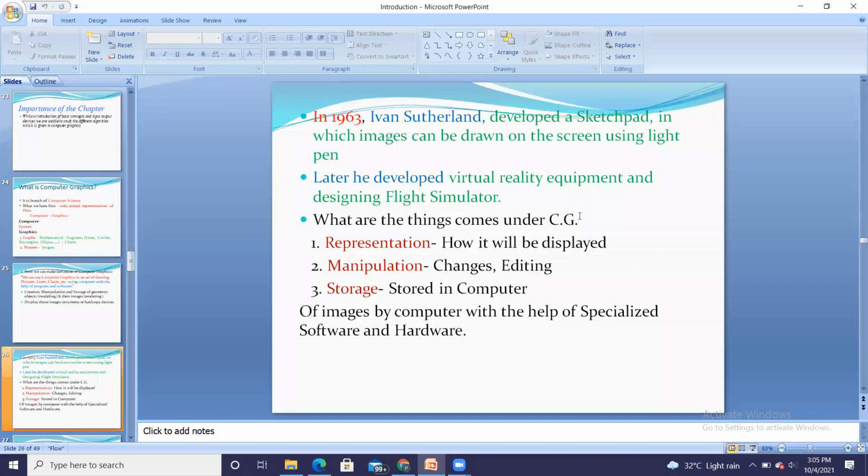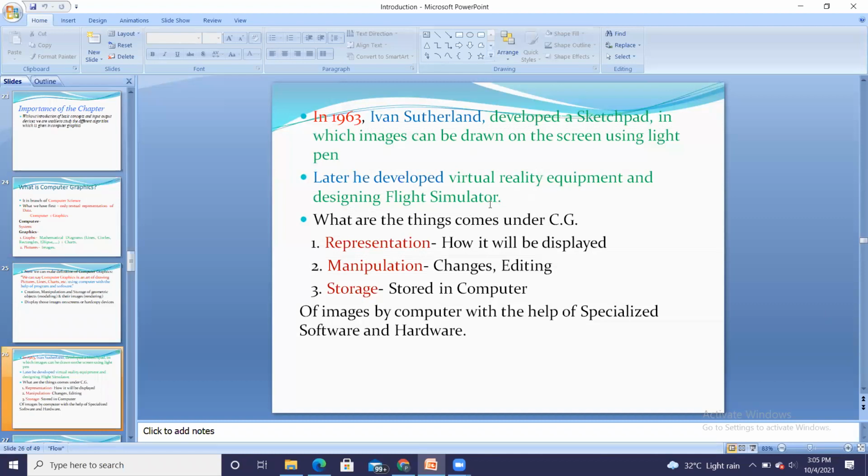You make a signature using a light pen on the sketchpad, and it appears on the computer screen. So it is nothing but the device sketchpad he has developed. Along with the light pen, we can draw the images and take them onto the screen. Then he developed virtual reality equipment and designed a flight simulator.